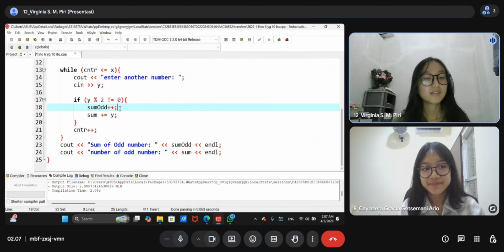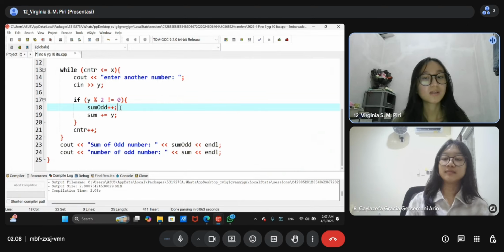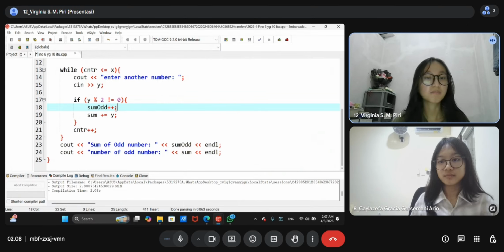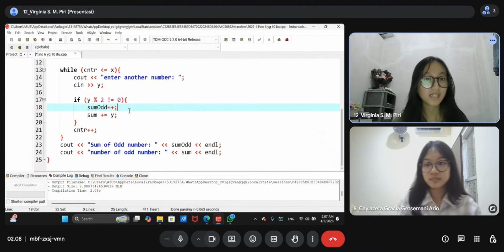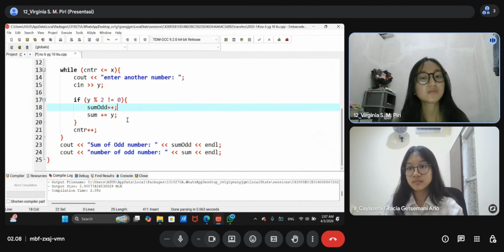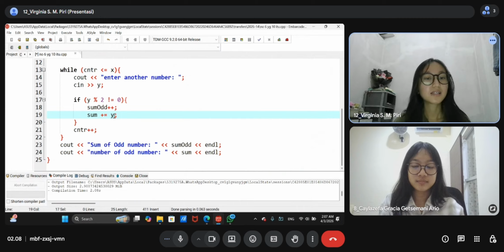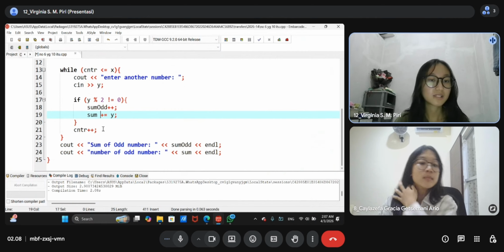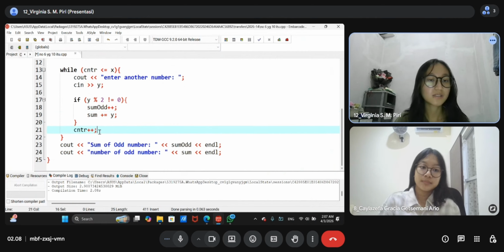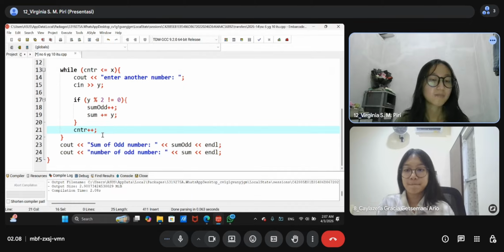We add 1 to sum odd. This means plus 1. And then this one we read as sum plus y, and we store it to sum. Okay, and then we close this if, and then we add 1 to the counter.